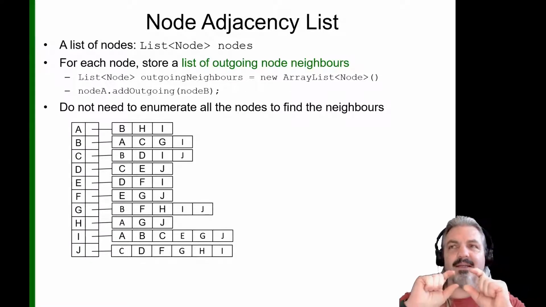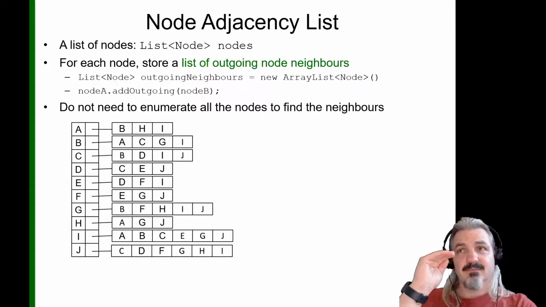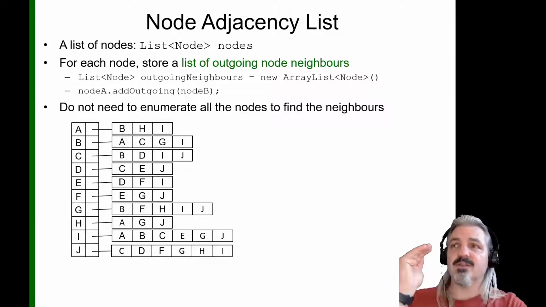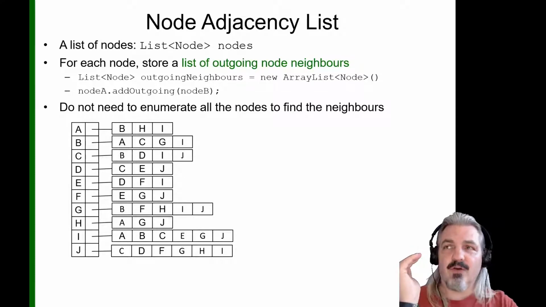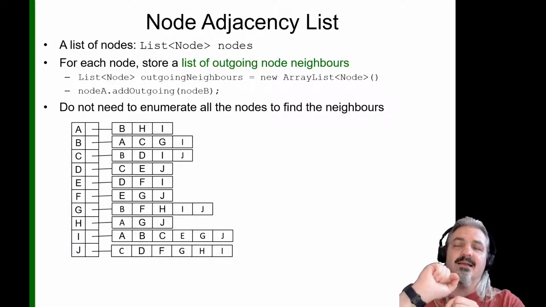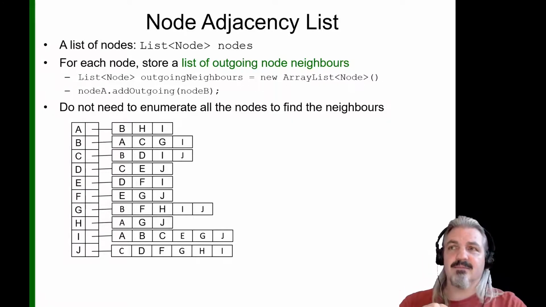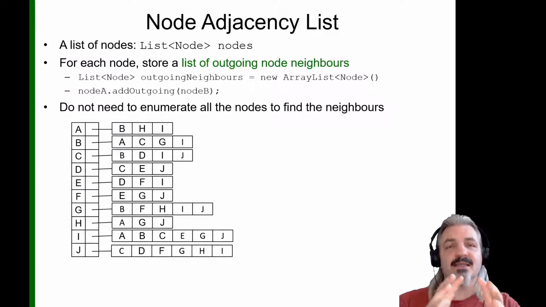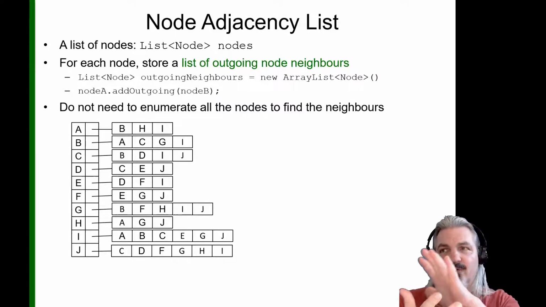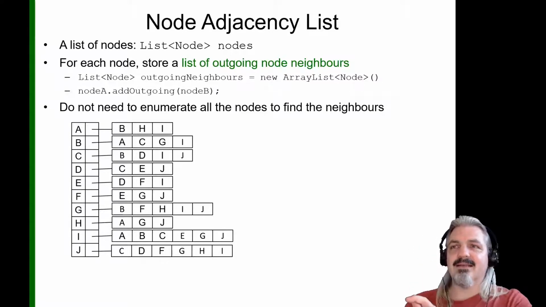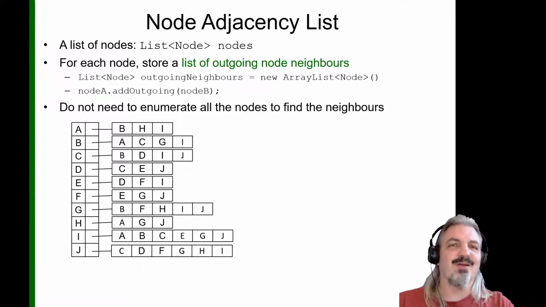So you had a list of nodes, right? So it could be a list or an array list of nodes. From the list of nodes, you had a list of outgoing neighbors, right? So what that means is for every node, it contained a list,